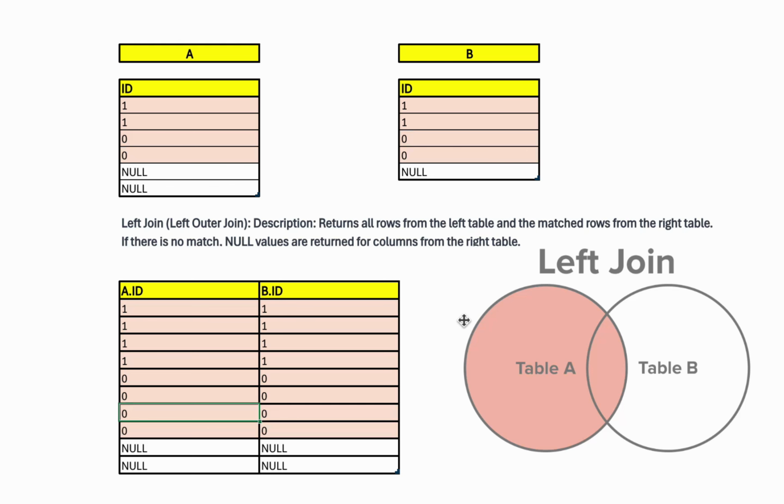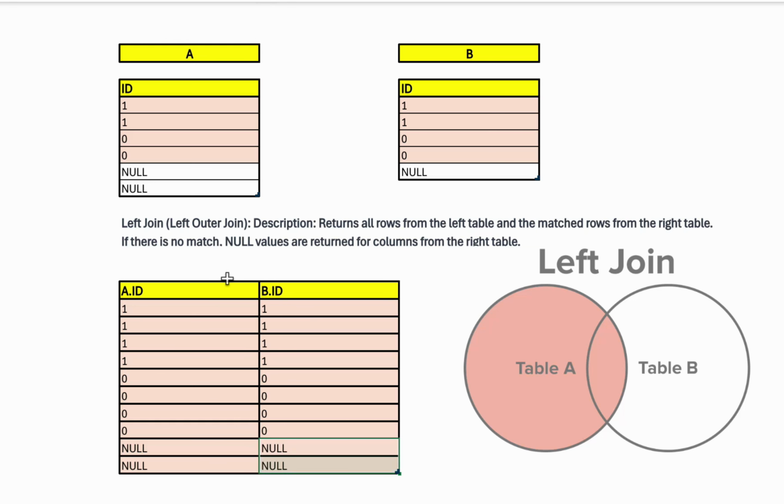If you look at this figure again, we are getting all the rows from table A, but only those rows from table B that are matching. Because null is not considered to be equal to any value, these last two records in table A do not have any match in table B, correct? So that is why these two rows are coming in the output. We get a null match for these two nulls, so that is why we have null in b.id.